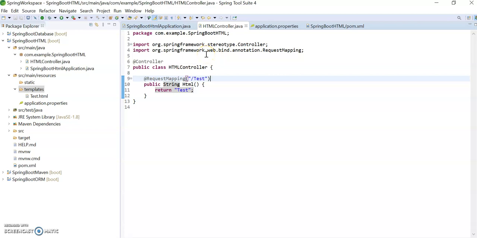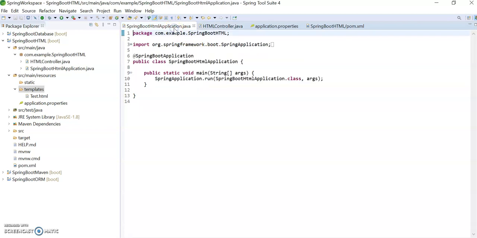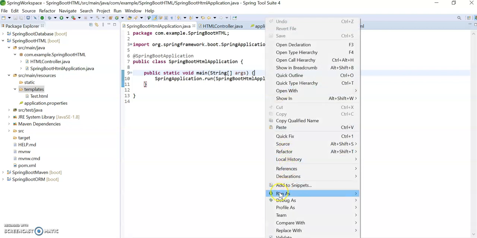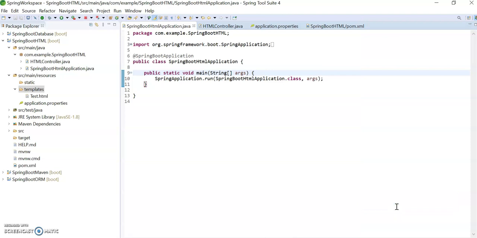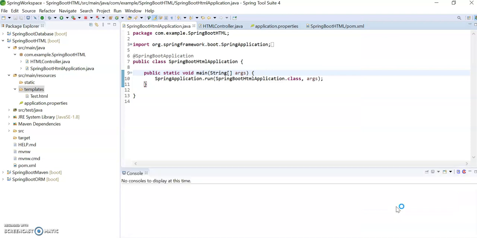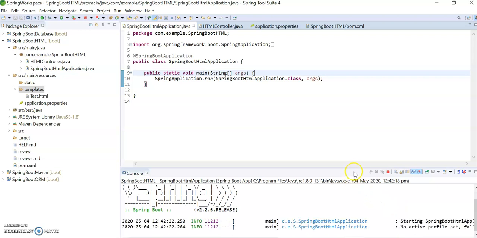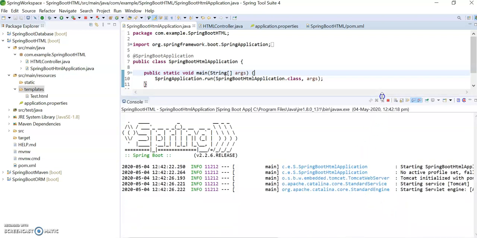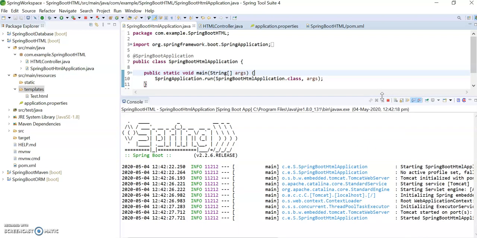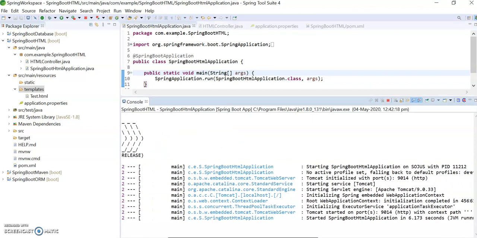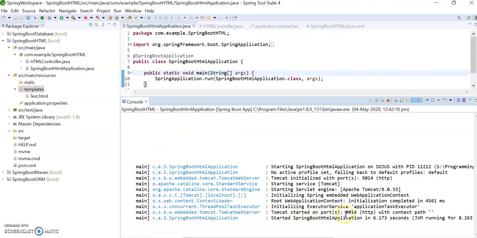Now I will try to run our main application, Run As Spring Boot App. Yeah, it is executing. The application started, and we can see Tomcat started on port 9014.